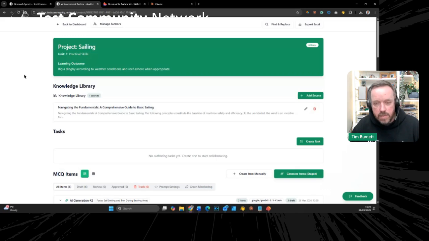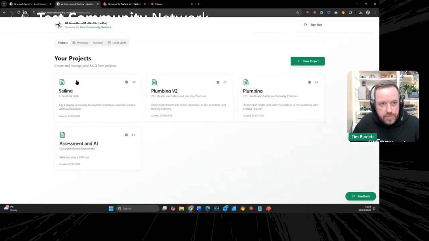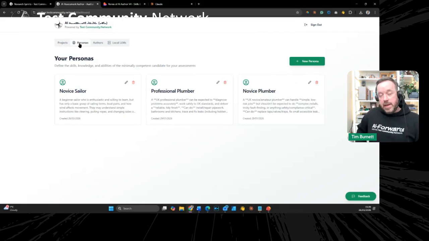And this is what I love about Lovable and all the vibe coding tools that are out there, because it gives you an opportunity to try these things out. So what I did was I built myself this authoring tool. As part of it, you've got projects, personas, and this is something Neil talked about as part of the session. It's a good idea to have personas in there and test against them.